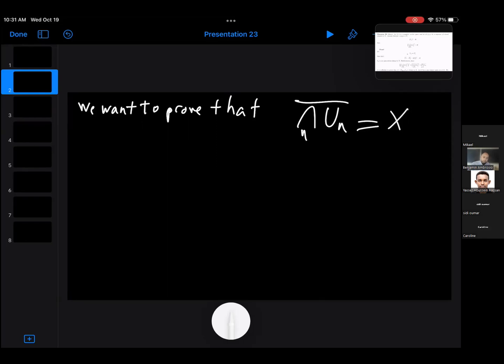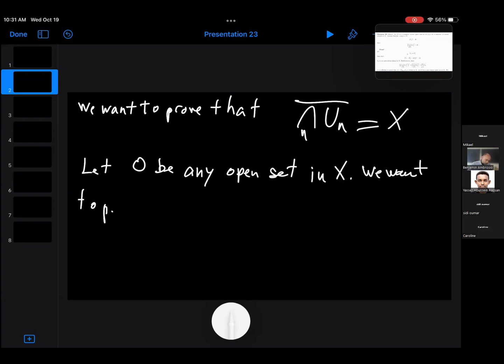So let O be any open set in X. We want to prove that there exists x in X such that